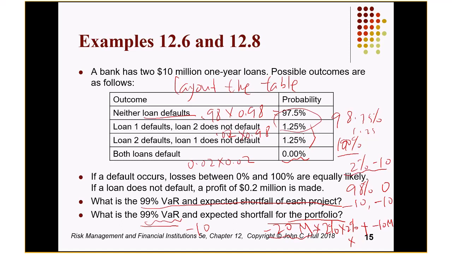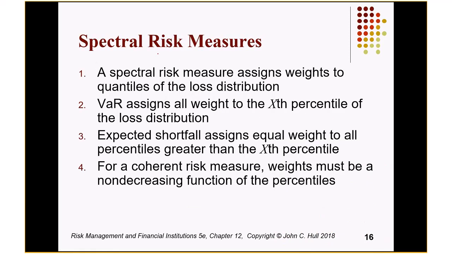Basically, you just need to add those. However, because there are only 2 decimal points, that makes it 100%. It makes it hard to calculate here. However, there is some small probability, right? It's probably around 1% here. So 10 million times that, and then this will be divided by around 1%. So that's your expected shortfall calculation. I will probably go back and review that in class if you get confused on that part.